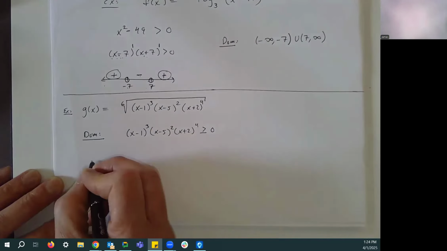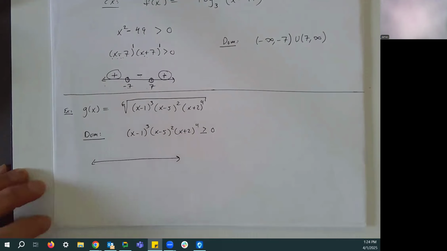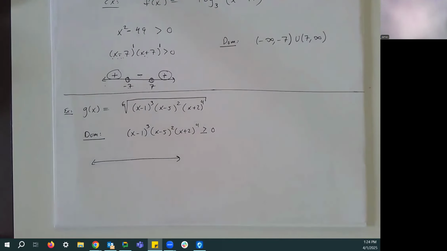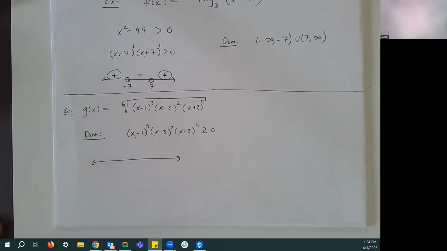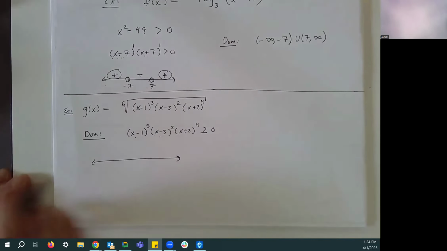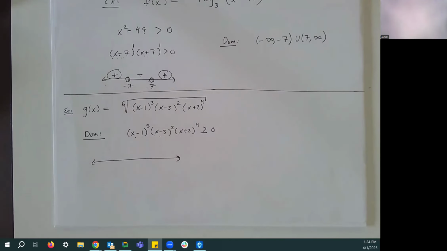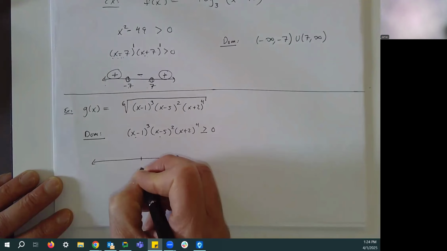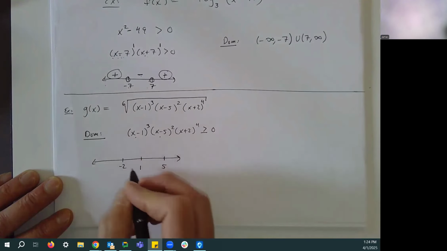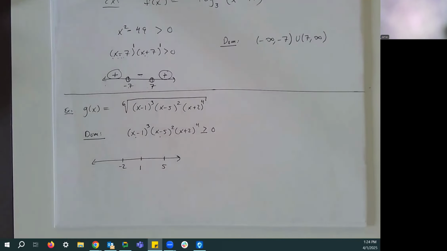And then we're going to put on the number line all the values of x that make this expression equal to 0. I see +1, +5, and -2. We're going to write them in order as well, right? So make sure you write them in the correct order. Bigger on the right, smaller on the left, more negative further left. So the biggest positive numbers on the right, smaller positive numbers, negative numbers, more negative numbers. The spacing doesn't matter.